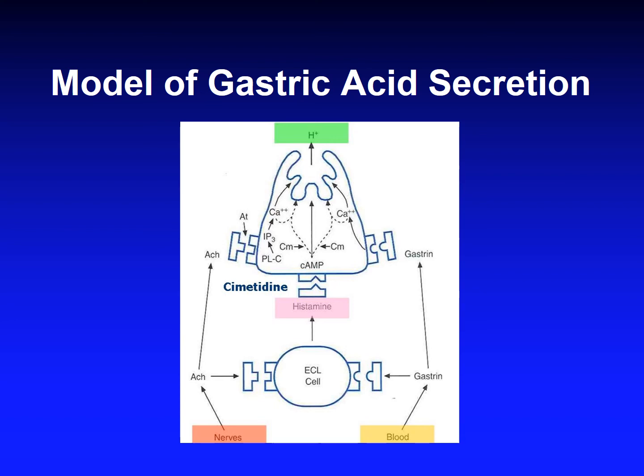So the way we will decrease acid secretion is by blocking these two receptors. Either we're blocking the histamine 2 receptor on the parietal cell, and by that we will not allow histamine to bind to the parietal cell, and as a result, gastric acid secretion will not be increased. Also, we can prevent gastrin from binding to the parietal cell, and with that, we will see a reduction in